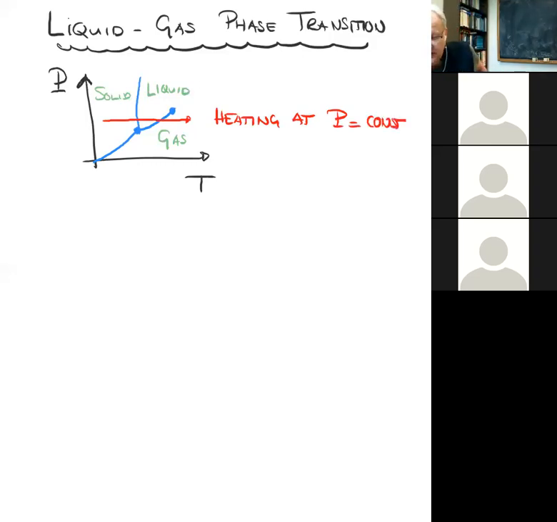And you see that if you do that, you encounter two first order phase transitions. One is where ice melts, and the other one is where the liquid boils. Okay. And these are discontinuous phase transitions because the density of the system changes discontinuously at that point. Indeed, when you boil, you can very clearly see this: the system doesn't just continuously evaporate, it forms bubbles. And the bubbles have a sharp transition between the gas, which is inside, and the fluid, which is outside.